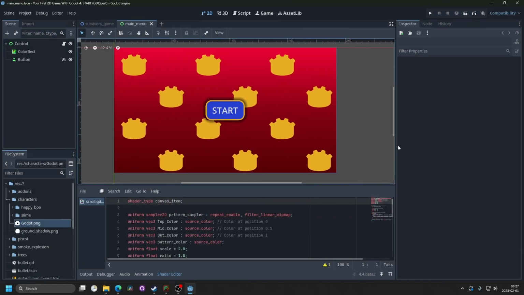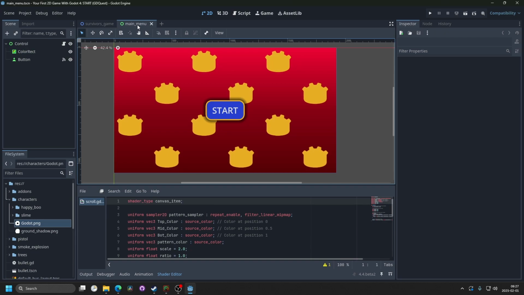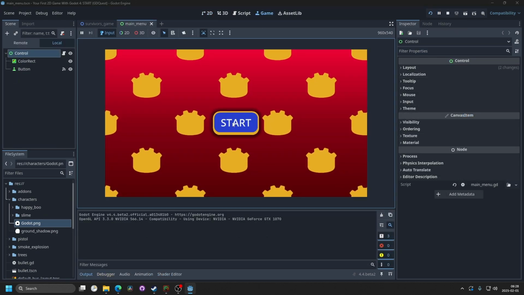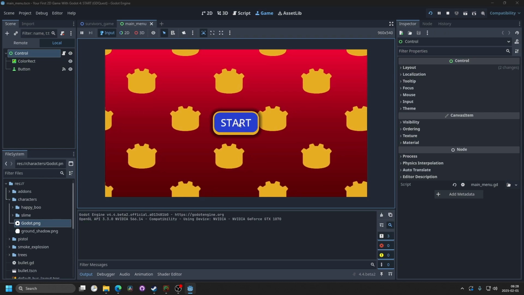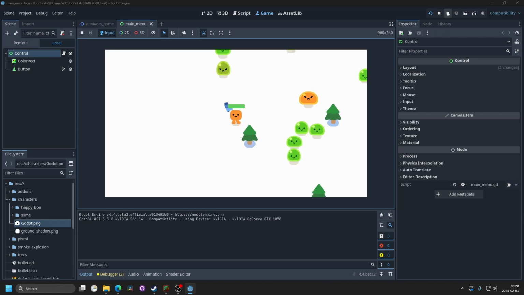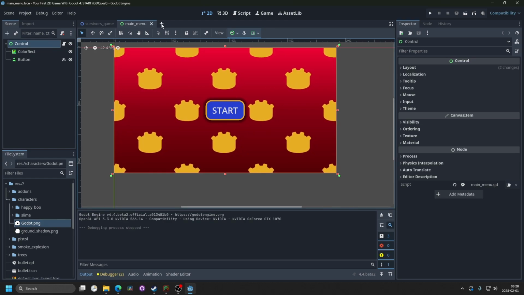So start by opening up Godot, and I have a main menu here and a game scene. When I run my game and when I hit start, it immediately cuts off and enters the other scene. And I want a smooth transition between, so to do that I'm gonna hit the plus button and make a